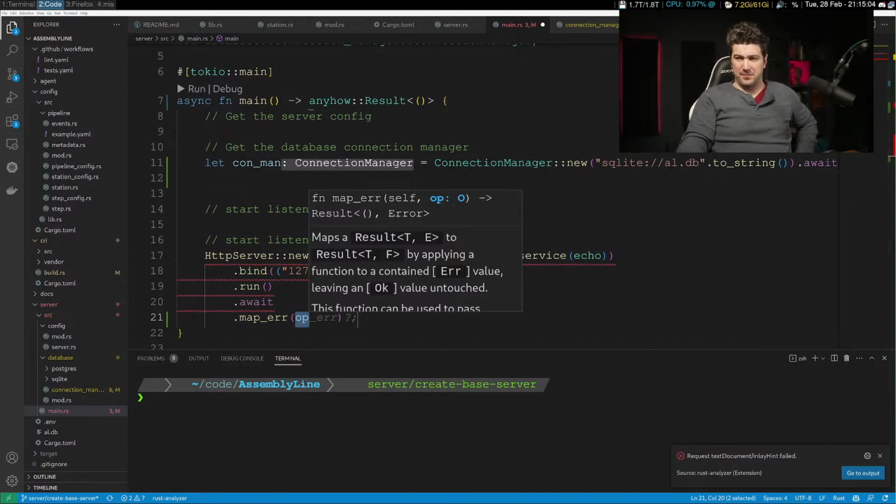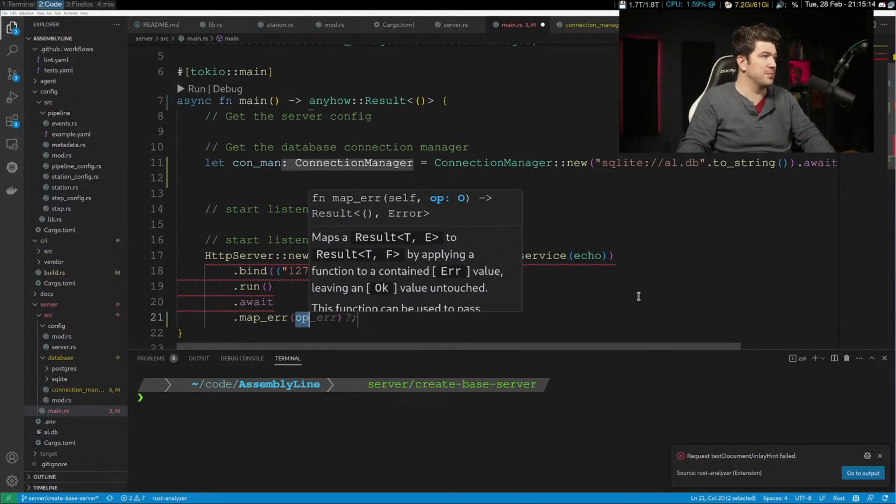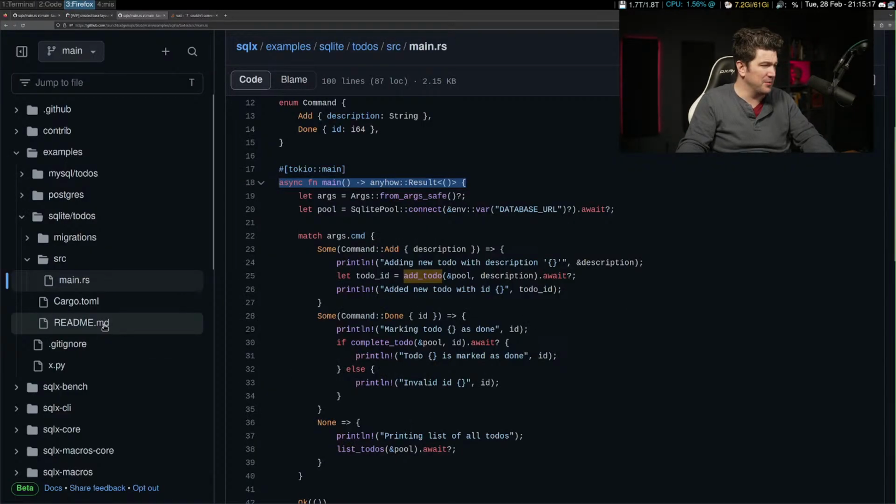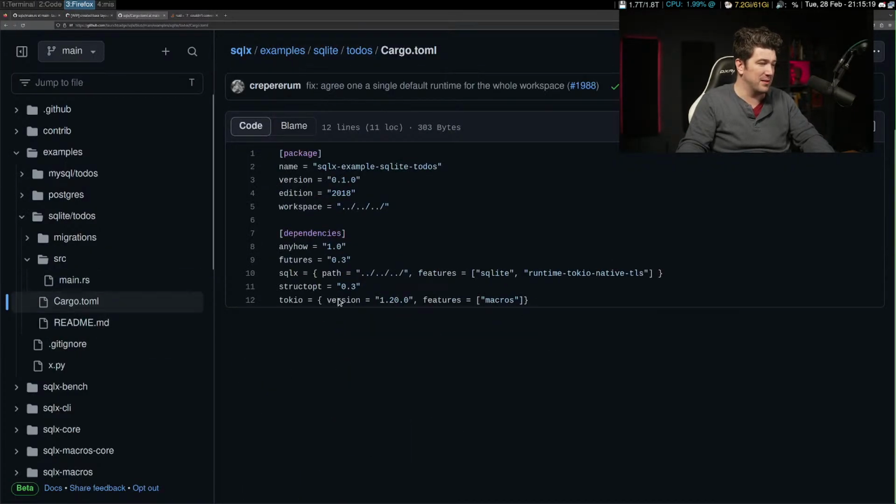I don't think that there's magic imports and features. I was looking through that because sometimes there are, but there's just anyhow features. Unless struct opt is doing more than I think it's doing. Maybe it is.